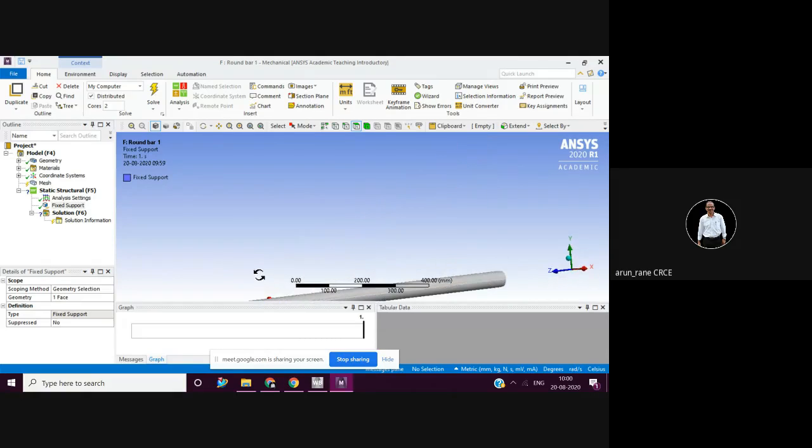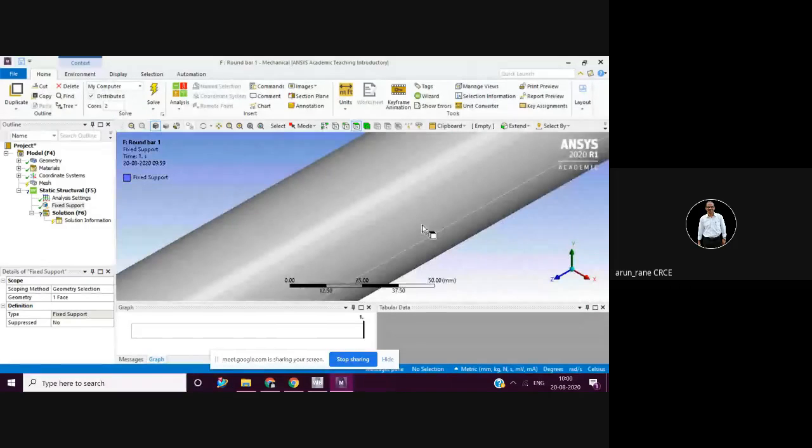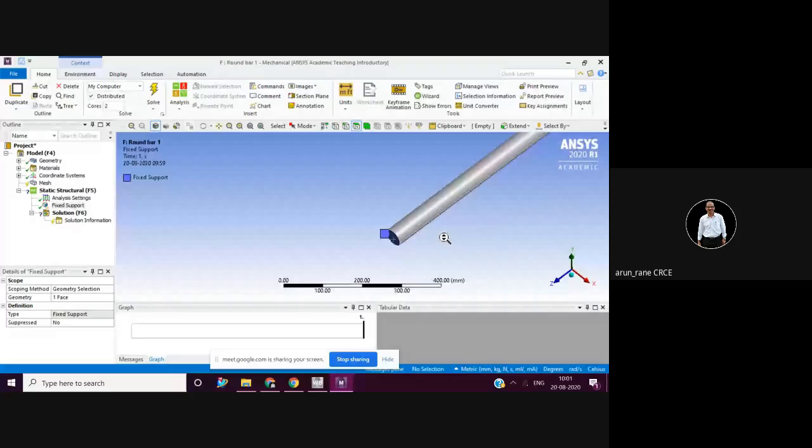For rotating, you have to be a little careful. Zoom also works like this. Then pan also has to be done properly. See, where did it go. Click at this blue. It has zoomed too much. You have to practice a little regularly, so you get a grip. Or even with this also you can do.